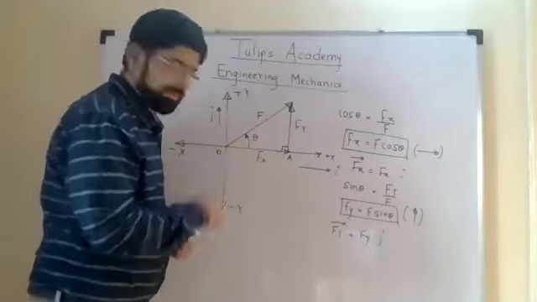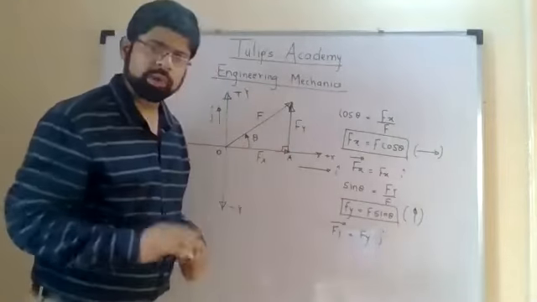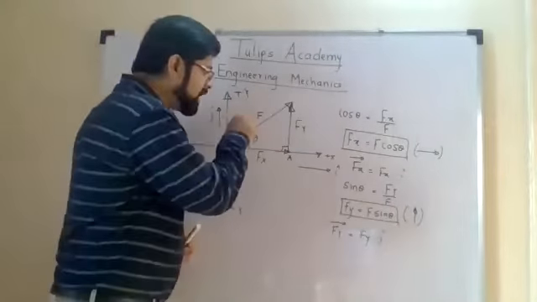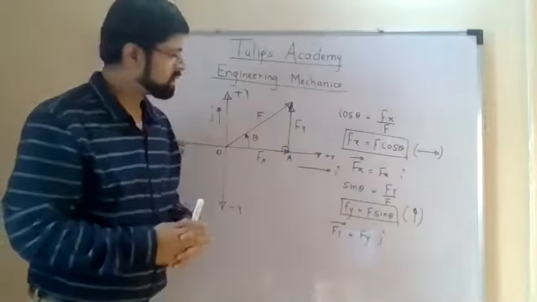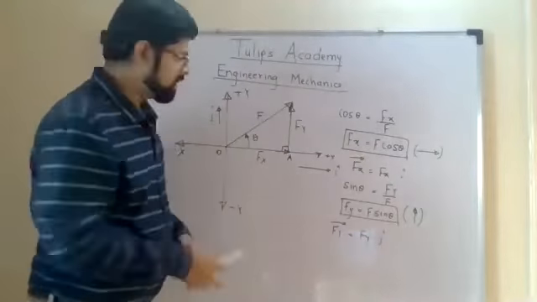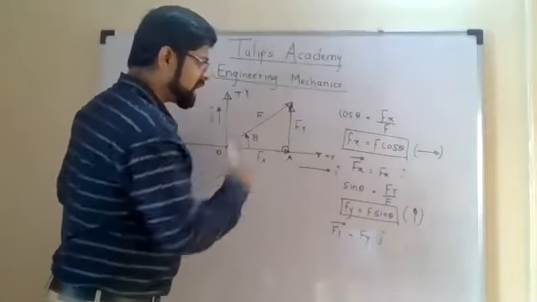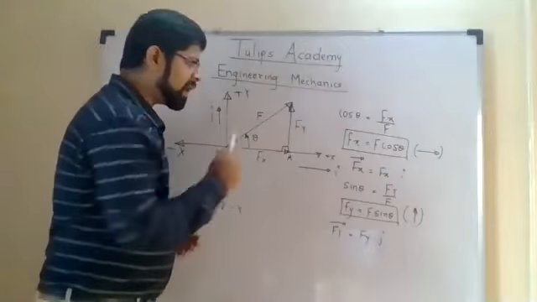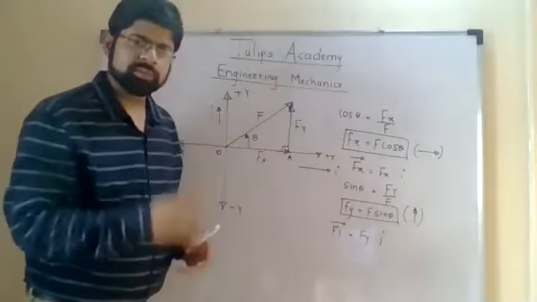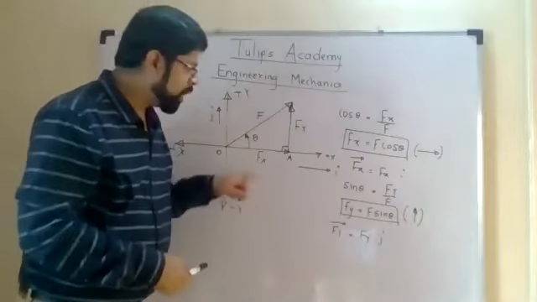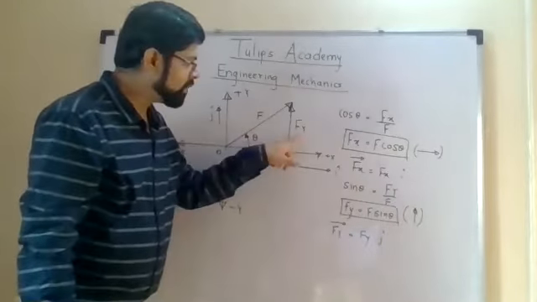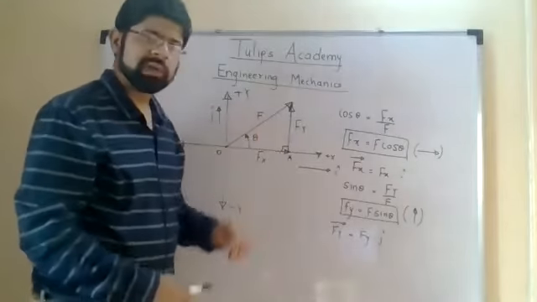So here, suppose Fx and Fy are given to you, and your task is to find out the resultant force. Then you have to go with the composition process. And then it is very simple. If you look at this triangle, it is a right angle triangle. Fx and Fy will constitute two sides of the right angle triangle, and F constitutes the hypotenuse of the right angle triangle. You have given base, you have given height, and you are supposed to calculate the hypotenuse.